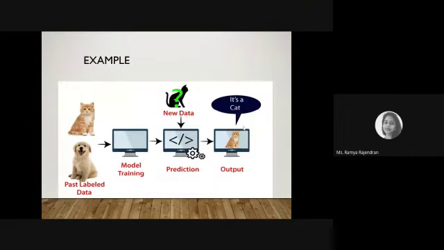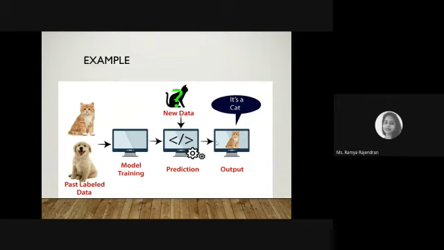This is the same thing which is applied in image classification as well. I have a few people asking about image classification, so you can try image classification using SVM as well. If you're more interested in that, you can try SVM instead of going for deep learning methods initially. You have labeled data with cats and dogs, you train your model, and then you get a new image and you don't know whether it's a cat or a dog, and you will be able to find that, okay, that's a cat.